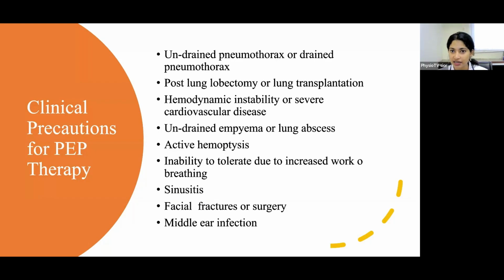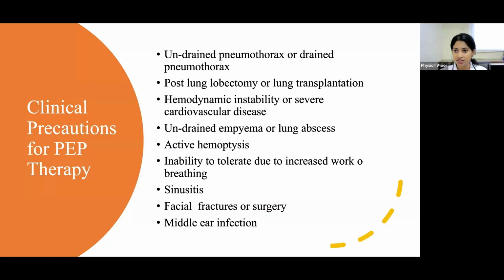First is undrained pneumothorax or a drained pneumothorax. Since we are creating the positive back pressure as we just learned, there will be increased barotrauma to the areas and increased air trapping. Next is post-lung lobectomy or lung transplantation, because in these cases there are chances of forming